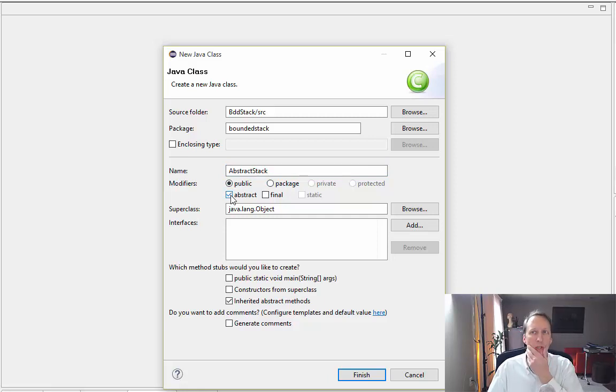Actually, it is going to be abstract, but I'm going to leave this out temporarily. The superclass is java.lang.Object. It's because it's not extending the interface. It is simply implementing the interface. And the reason I'm leaving out this abstract, and I'm checking inherited abstract methods, all right, is because I want